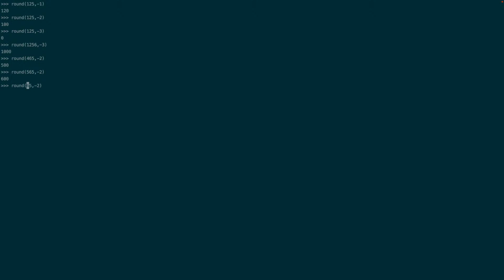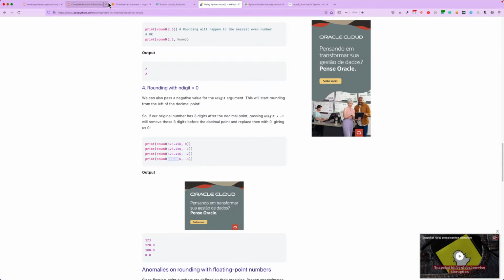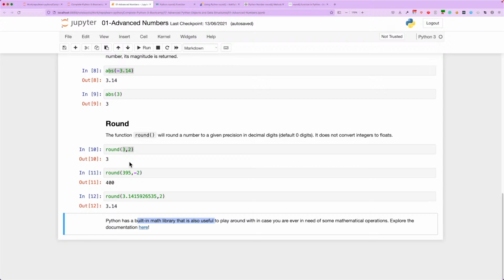If I make it 7, 800. Okay, so technically this 6 is greater than 5, so our number is going to increment. What if it becomes 9, okay, makes sense. Okay, so this is the negative number going to like minus